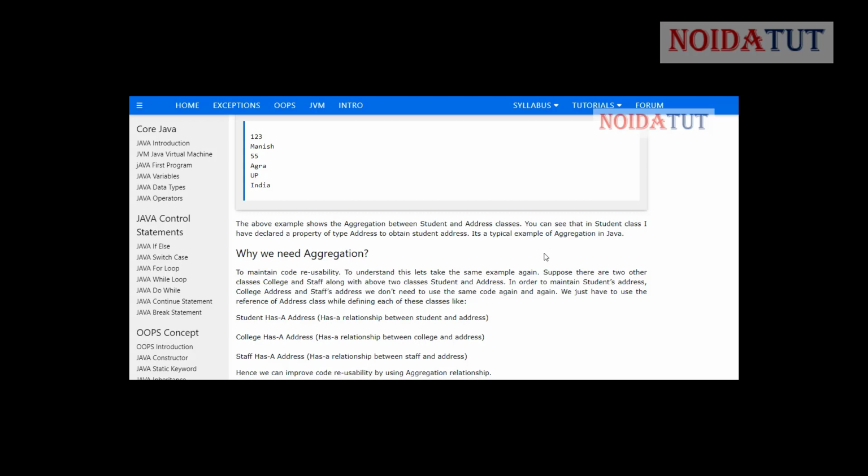Now to understand this, let us take the same example again. Suppose there are two other classes, college and staff, along with the above two classes, student and address. In order to maintain the student's address, college address and staff address, we do not need to use the same code again and again. We just have to use the reference of the address class while defining each class. Like